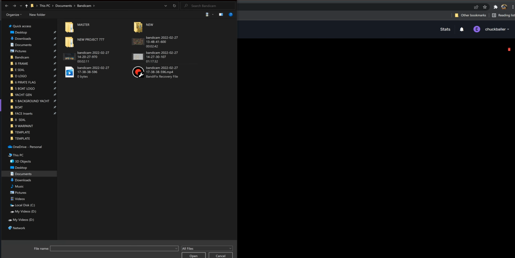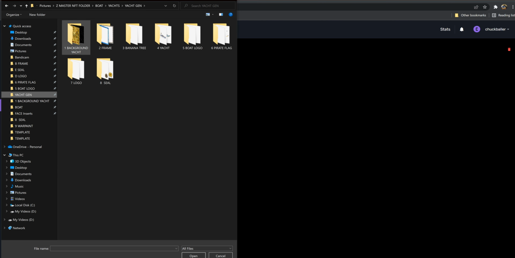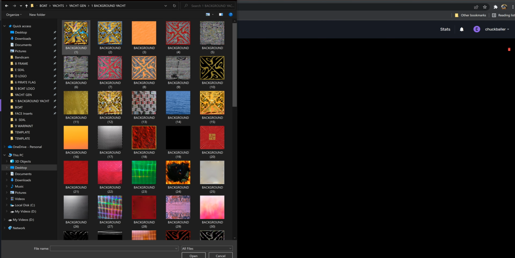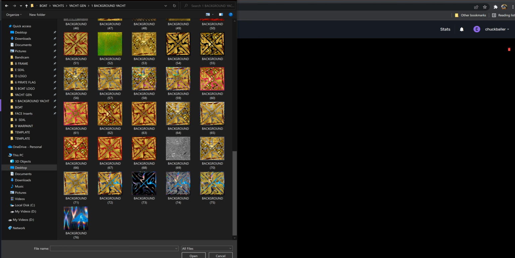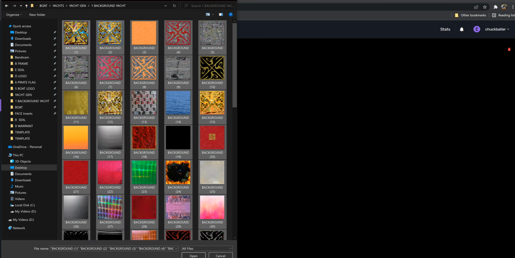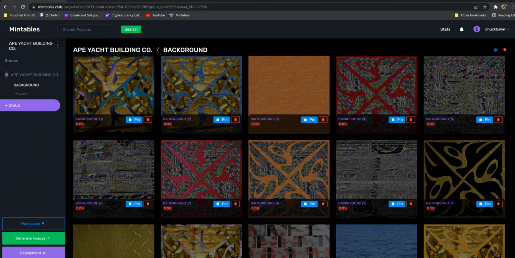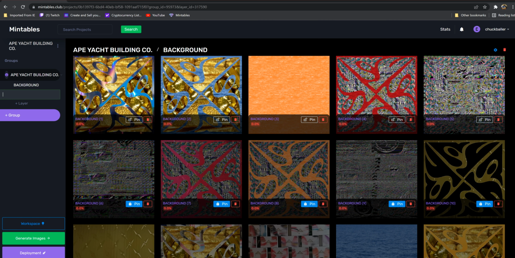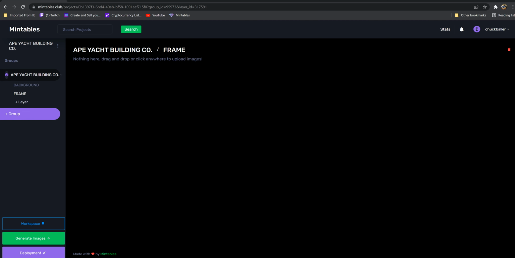Now you go to where you have your yacht and select all. So that's that one, and then you can set your rarities later. So next is frame, which corresponds to